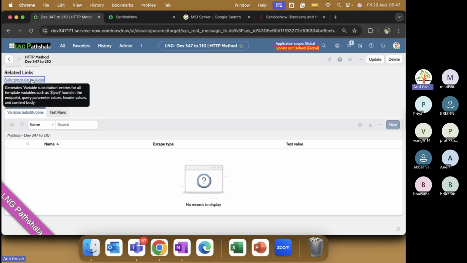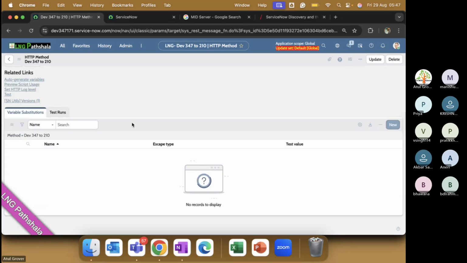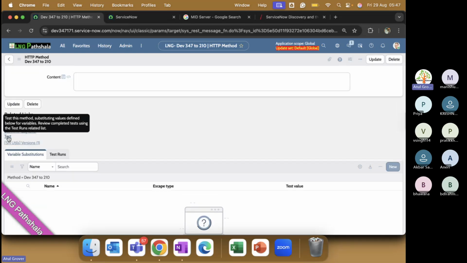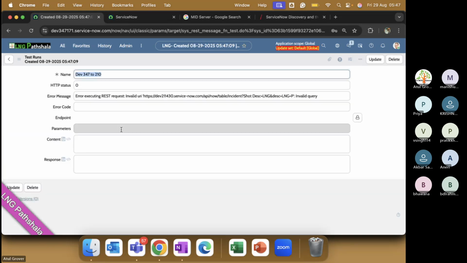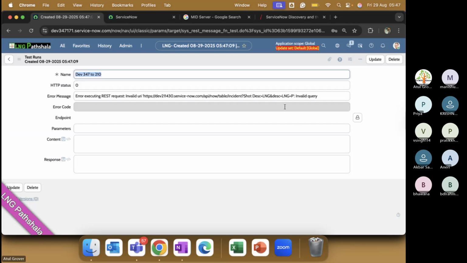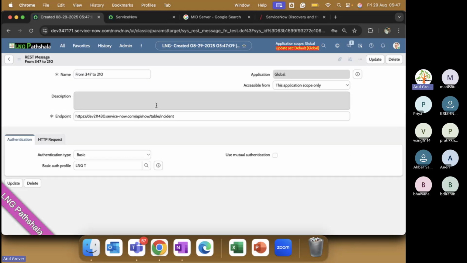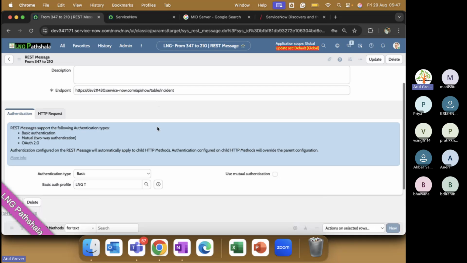And now generate. Okay, fine. Click on the test. What is this? Code 0. It's saying invalid query. Means what I built is not